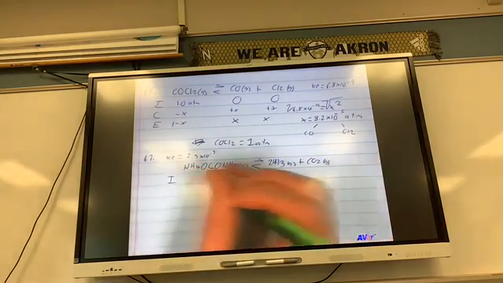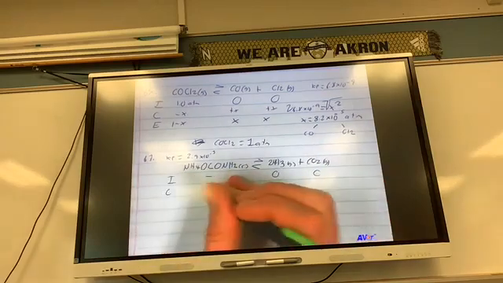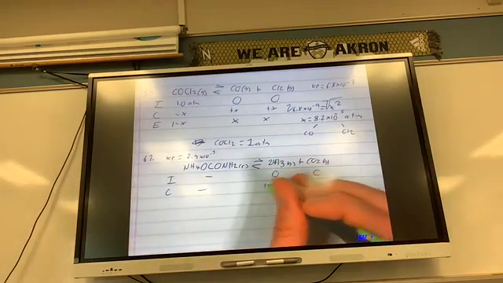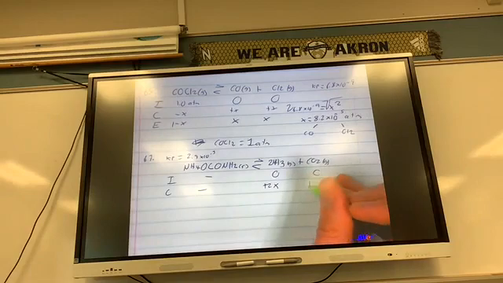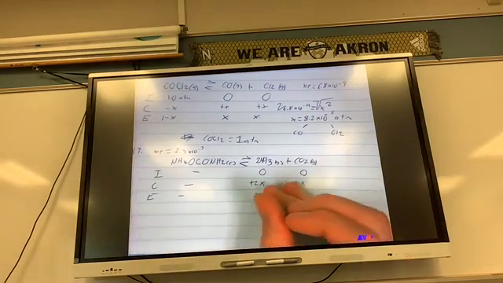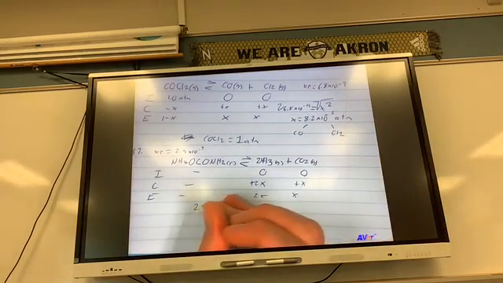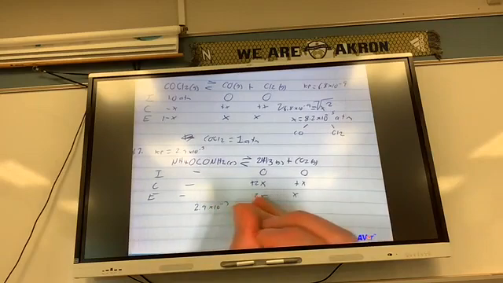So initial, not part of it, I got 0, 0. Change, not part of it, plus 2x, plus x. Equilibrium, not part of it, 2x and x. So that means that 2.9 times 10 to the negative third is equal to